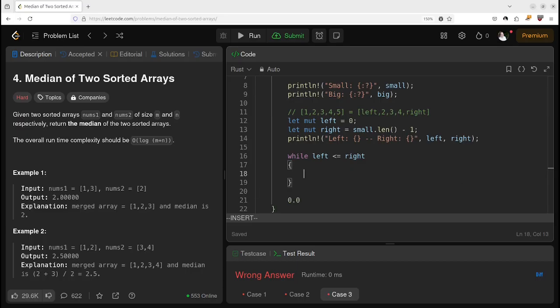Now, let's see, what are we going to do? Well, we need to find the midpoint that we're looking at,